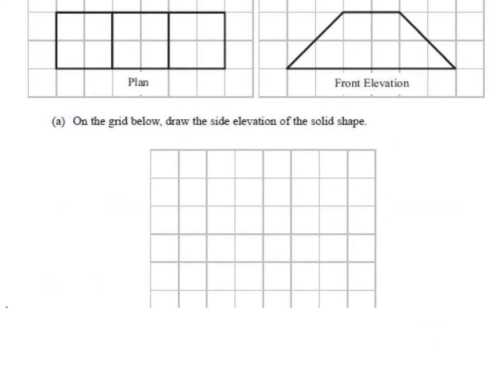So when you look at the plan, you are seeing the width this way, and then you're seeing the sort of depth of the building that way, so it's not the height, it's the depth. Now when you're round that side, if you're looking at that side, you're going to see a width of 2. So you're looking from this side, or indeed if you're looking from that side, you will see this width of